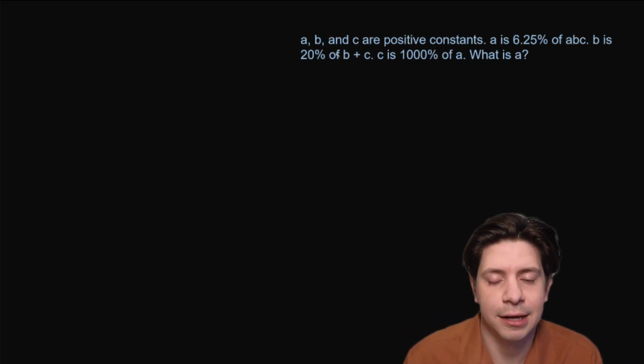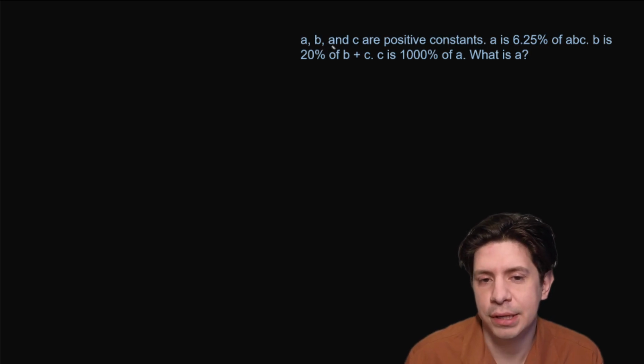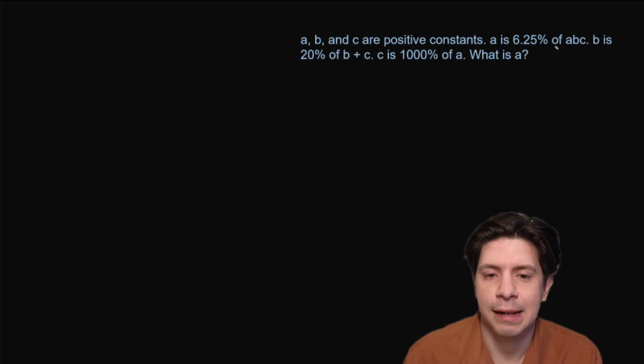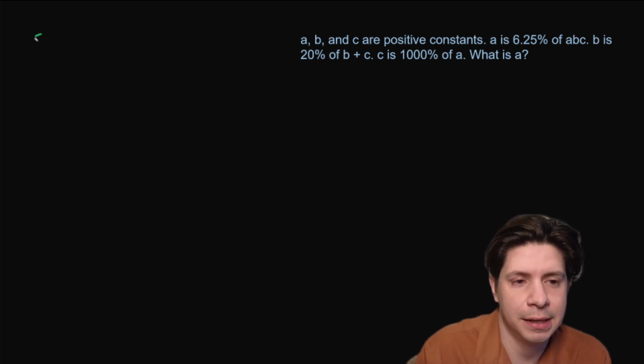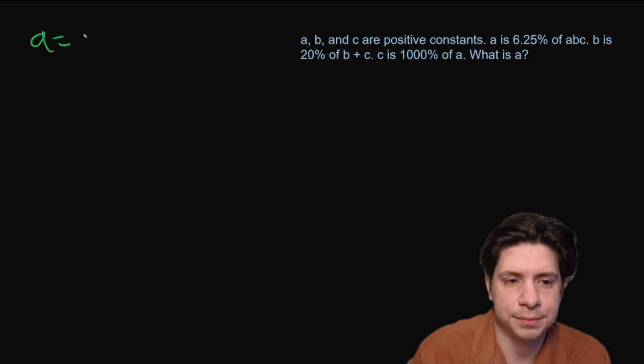So here we have a kind of abstract percentage question. A and B and C are positive constants. A is 6.25% of ABC. B is 20% of B plus C. C is 1,000% of A. What is A? So we could say A equals, convert the percentage into decimal, so